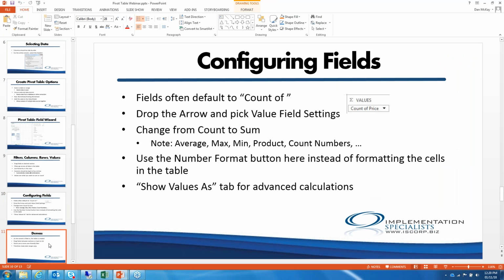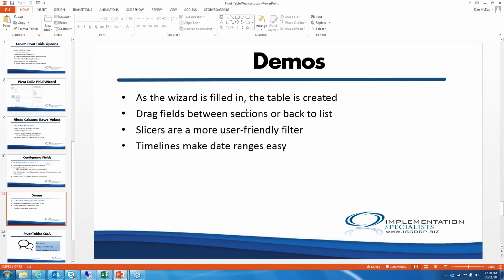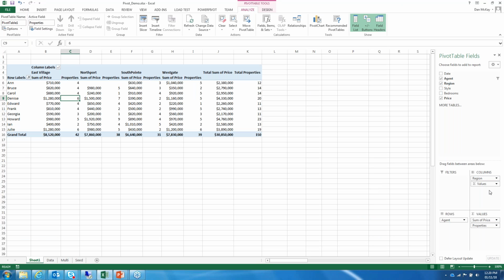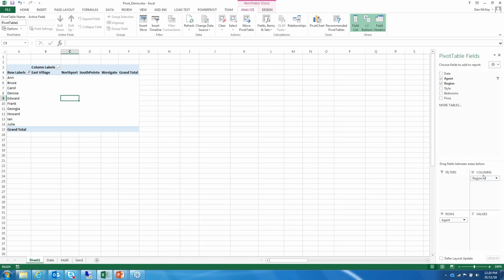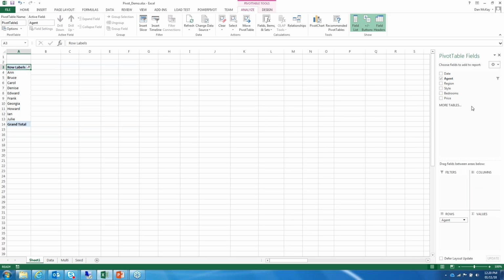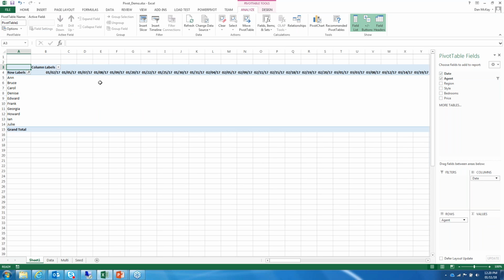So as you noticed, as the wizard is filled in, the table is created. I drag sections around. We're going to go back in and look at some filters, some dates, and slicers. So now as we have our sales here by region, what if I really wanted to see sales by date? So I have the date of the sale, and I drag this date in here, and